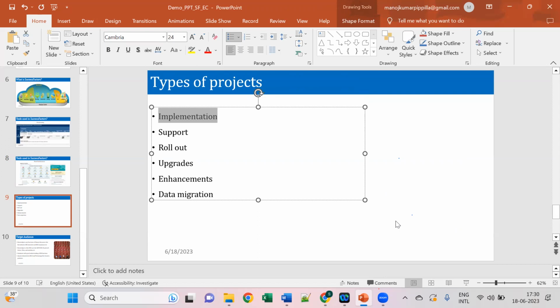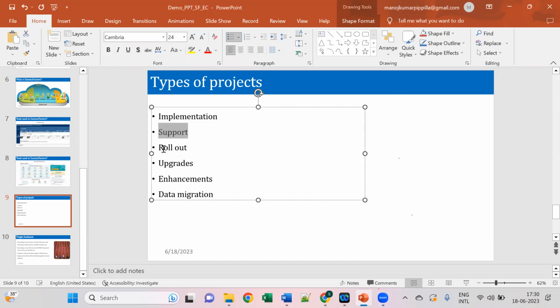If it is already developed, there may still be some issues they face, so someone needs to look into those issues and get them sorted. Those are support projects. Whatever regular activities they are doing, we support them, and that is support projects.